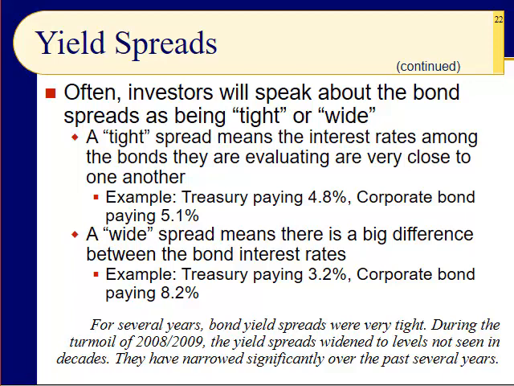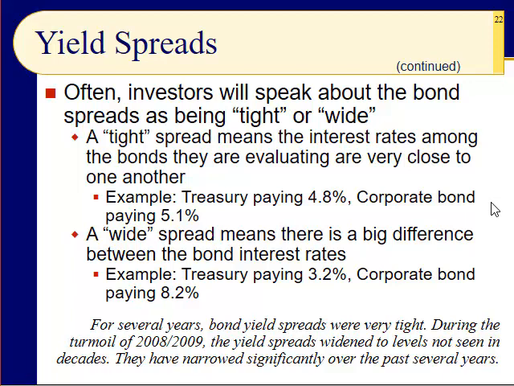And you'll hear the term basis point, which I asked you to look up back in Chapter 7, which is a silly name, but that's what they call it. 0.01% is 1 basis point. So 100 basis points is 1%. So here in the first example where they're tight, we're looking at 30 basis points, right?